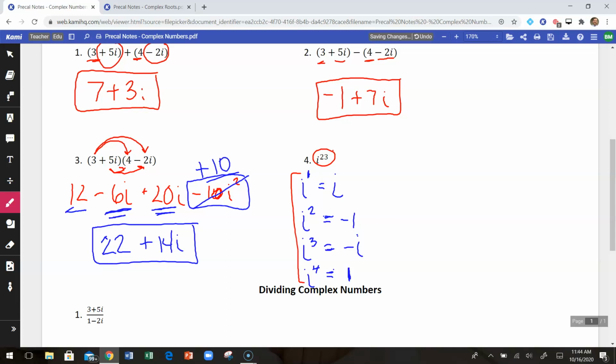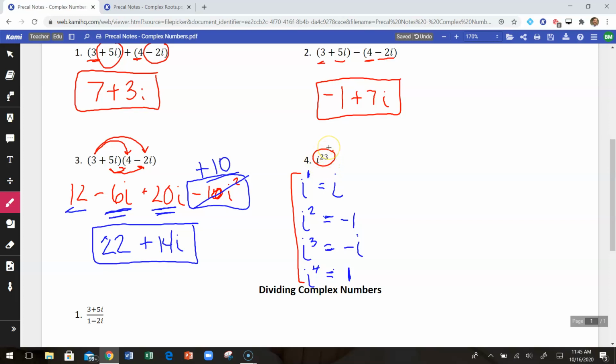Okay, so it goes through the complete process every 4 values of i there. So what I'm going to do is take the number, the 23, I'm going to divide that by 4 and then look at my remainder. So if I divide that by 4, my remainder would be 3, because 20 would be a multiple of 4 and I have 3 left over,